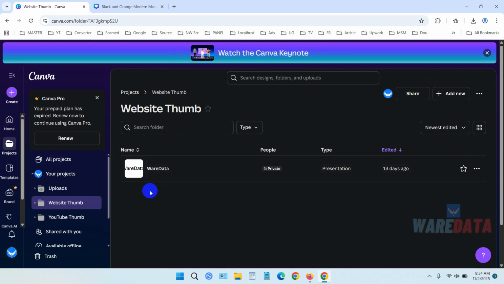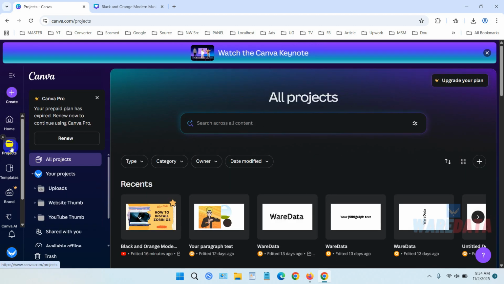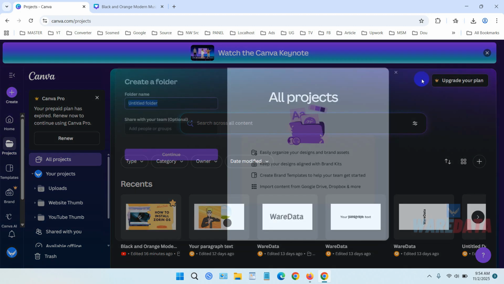That's all for this tutorial on how you can create a folder for easier management of your projects in Canva. Just click on Projects, okay, after you are in Home, and select this button and click New folder and type